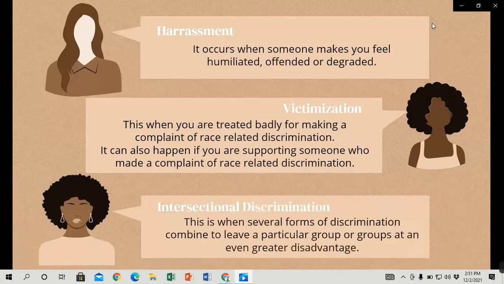So this is when several forms of discrimination combine to leave a particular group or groups at an even greater disadvantage. So discrimination happens to minorities, ethnic minorities, races, even gender, especially on women. Especially with people in minorities, they would feel discriminated. And with intersectional discrimination, an example of this is the work pay,